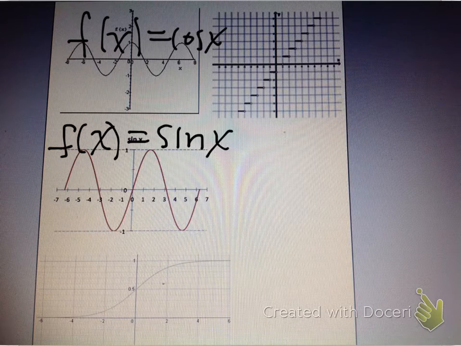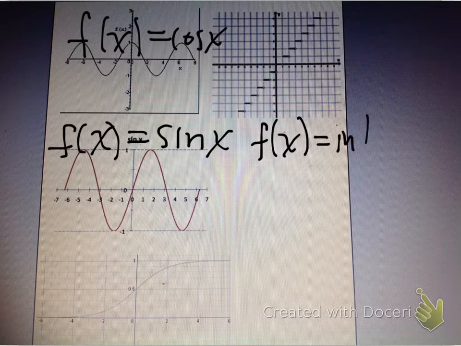Alright, back to the top right, we have this crazy looking thing. We call this the greatest integer function. So that's f of x equaling int,